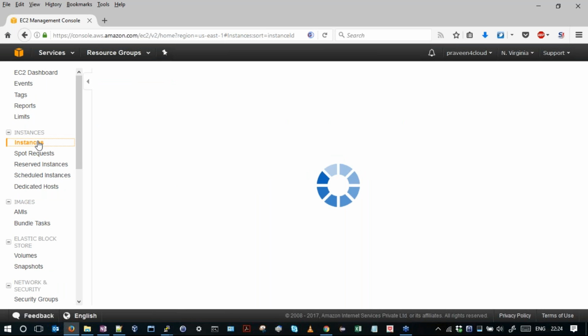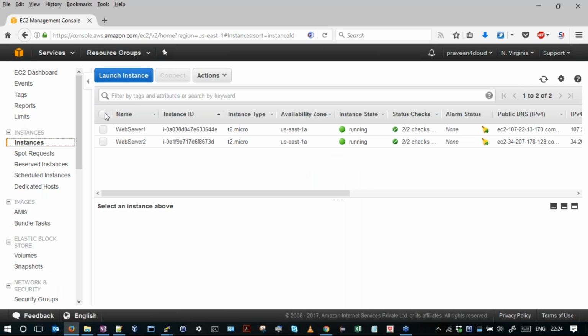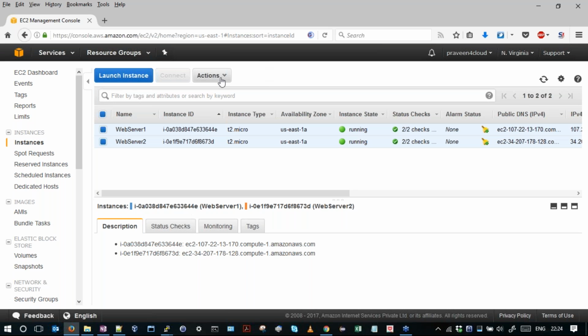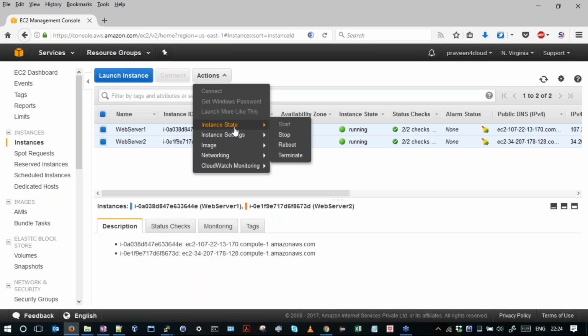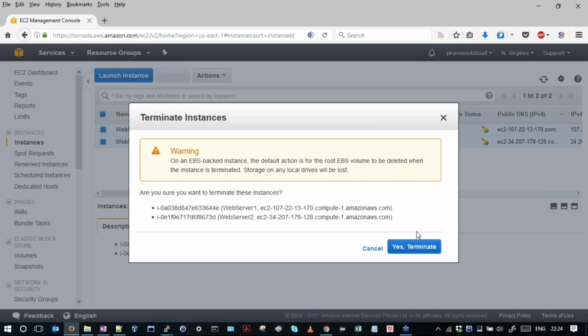Go to instances, select all of them, click on actions, instance state, terminate. It's giving a warning whether we want to terminate them or not. That's what we want to do, so we'll say yes, terminate.